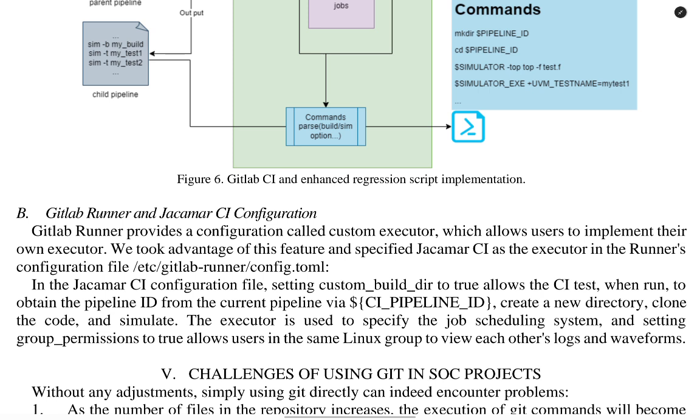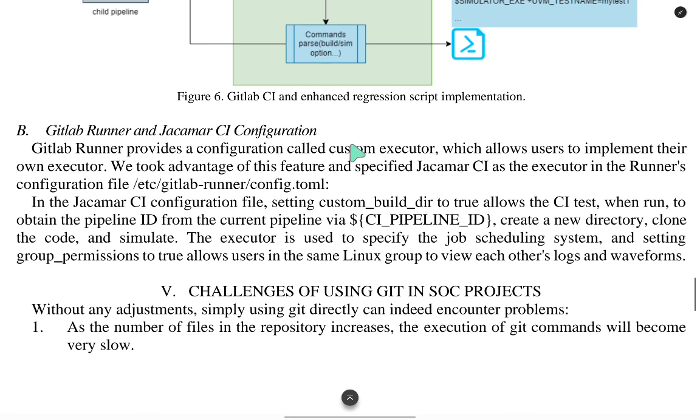B. GitLab Runner and Jacamar CI configuration. GitLab Runner provides a configuration called Custom Executor, which allows users to implement their own executor. We took advantage of this feature and specified Jacamar CI as the executor in the runner's configuration file, /etc/gitlab-runner/config.toml. In the Jacamar CI configuration file, setting custom build directory to true allows the CI, when run, to obtain the